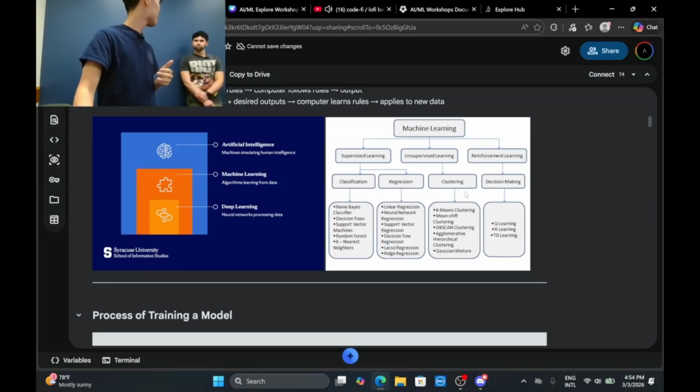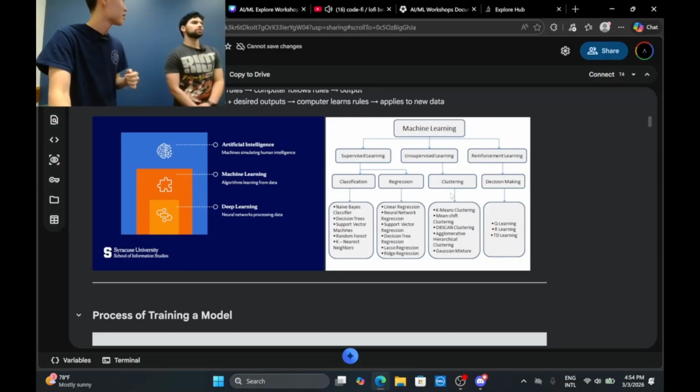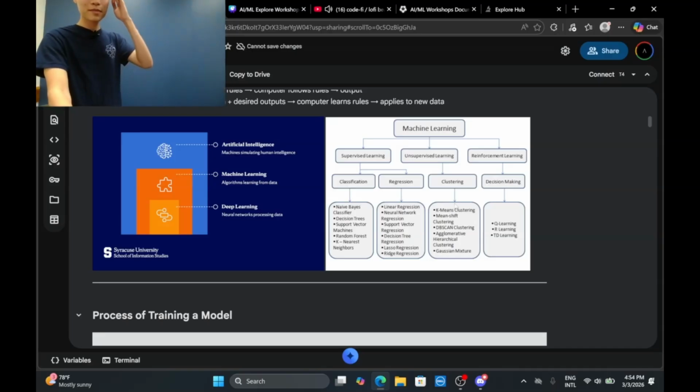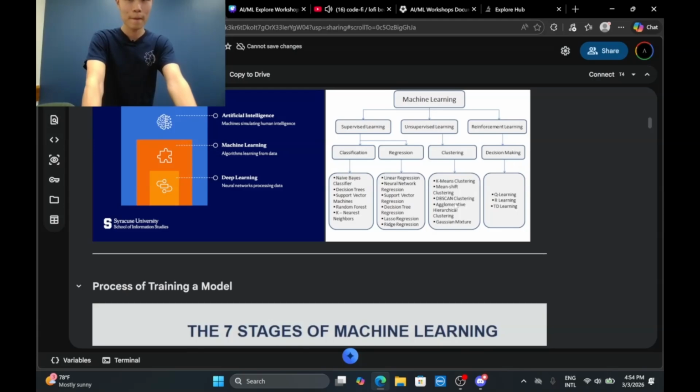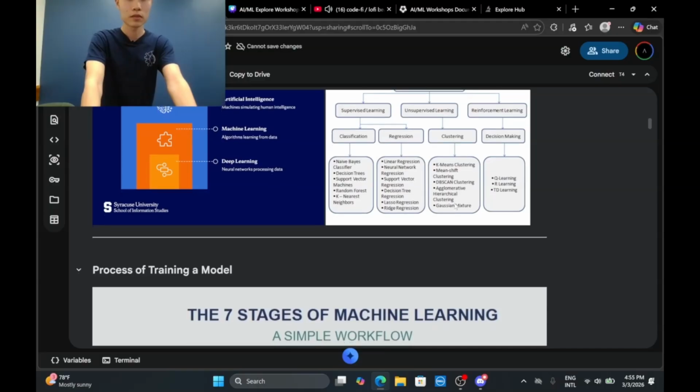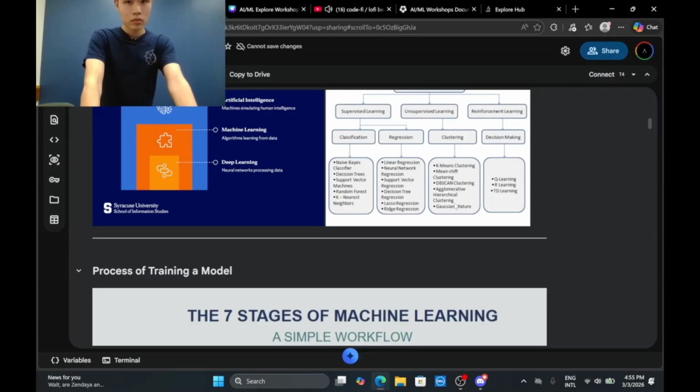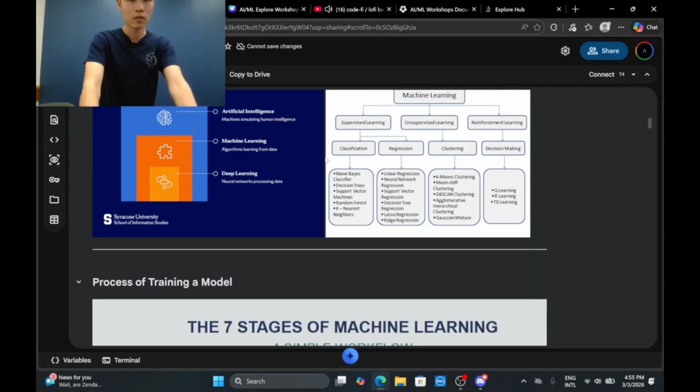Sorry, no, it's like clustering. Clustering is essentially when we want to group similar data points together. For example, if you throw a bunch of pictures of animals at a machine learning model, you want to cluster the dogs with the dogs and the cats with the cats. Through that abstraction, it will learn that the things in this graph towards the dog part are probably a dog, and towards the cat part probably a cat.